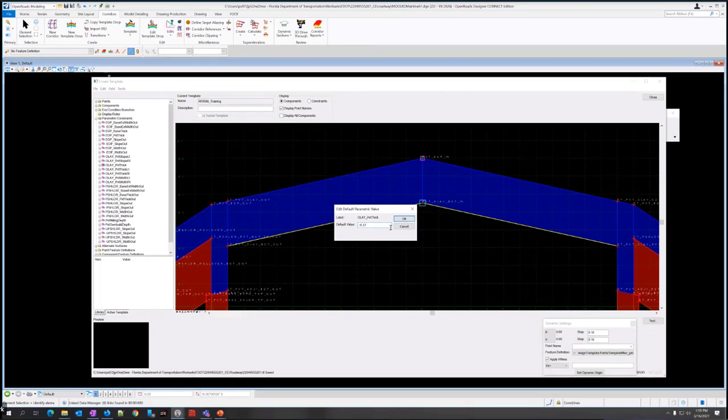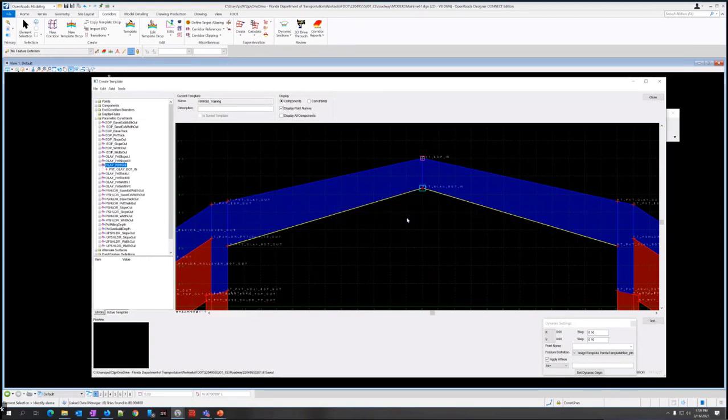Now it does store all the extra decimals. It just doesn't show them. That's why it's a little better to do it that way, so it'll be a little more precise than if you actually type in 0.17. And then we want to do the same thing for the overlay pave thickness LT and overlay pave thickness RT. So this is -2 over 12.